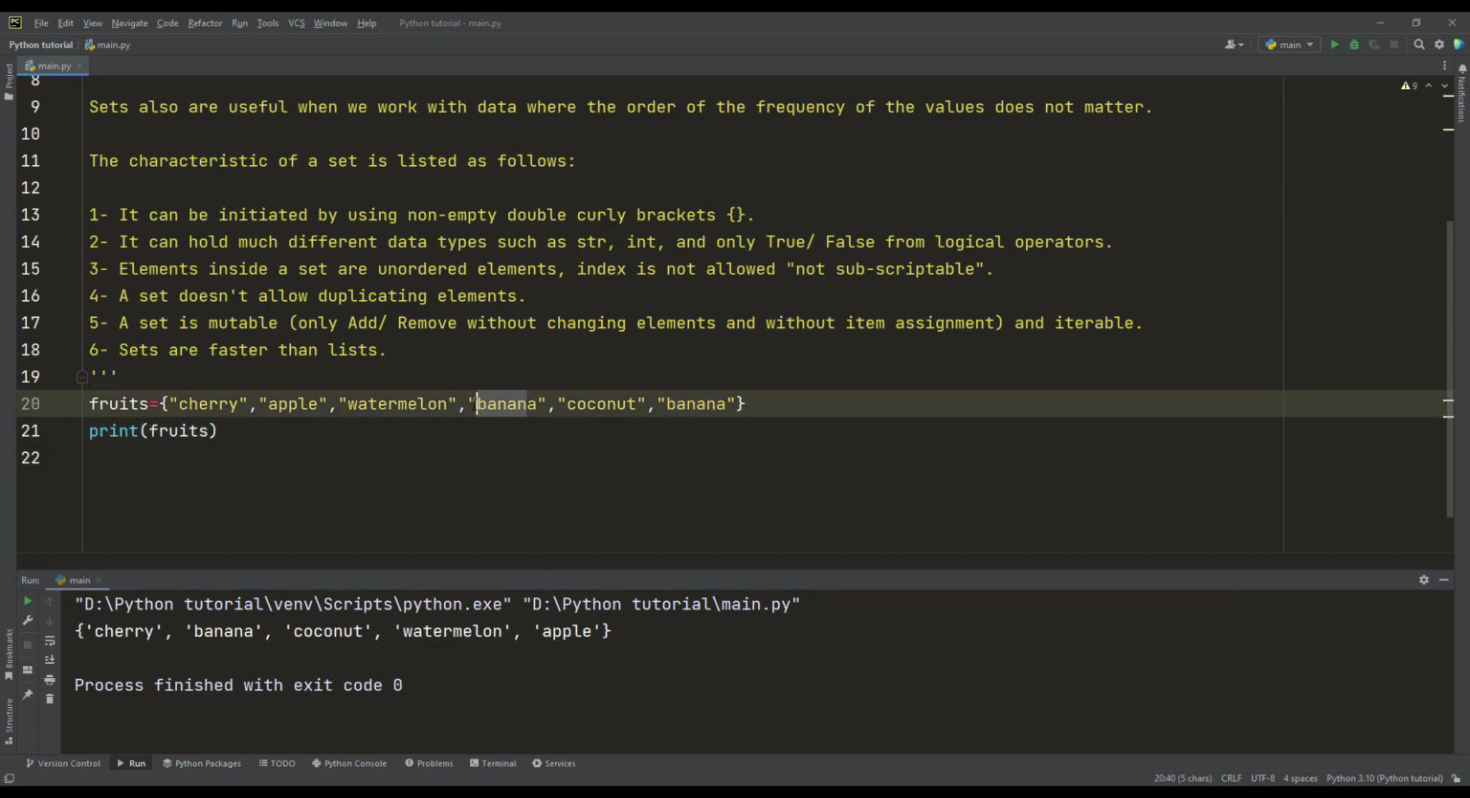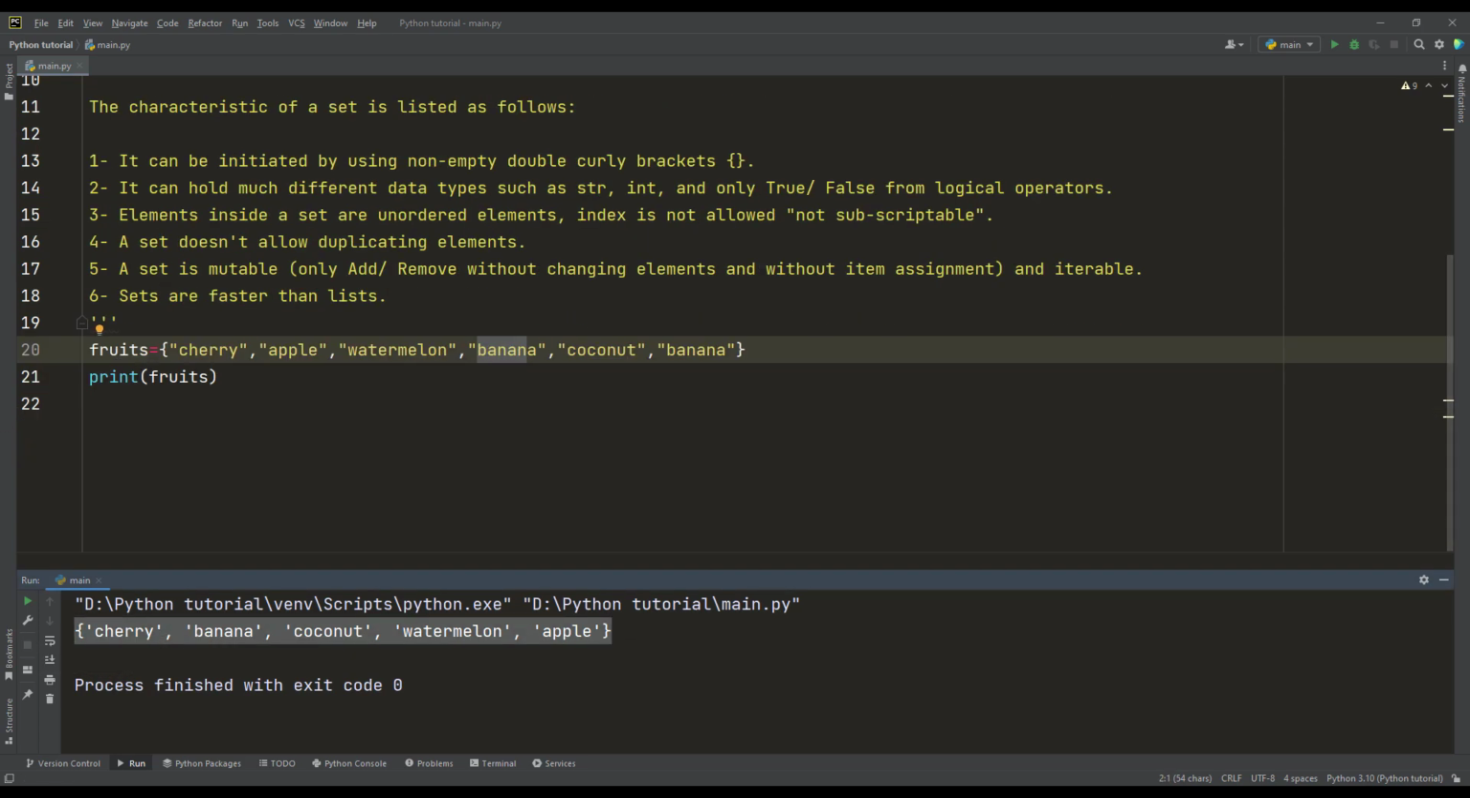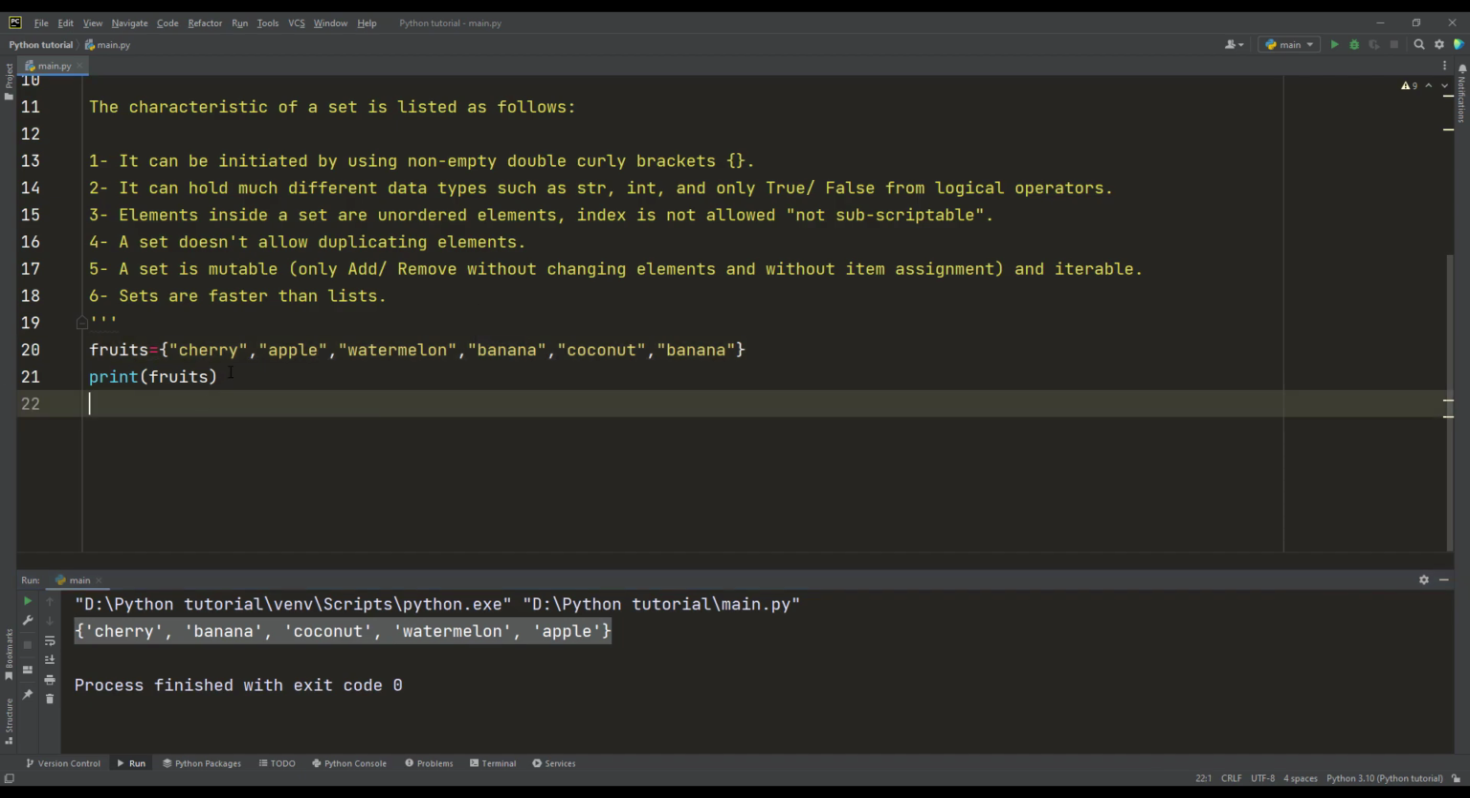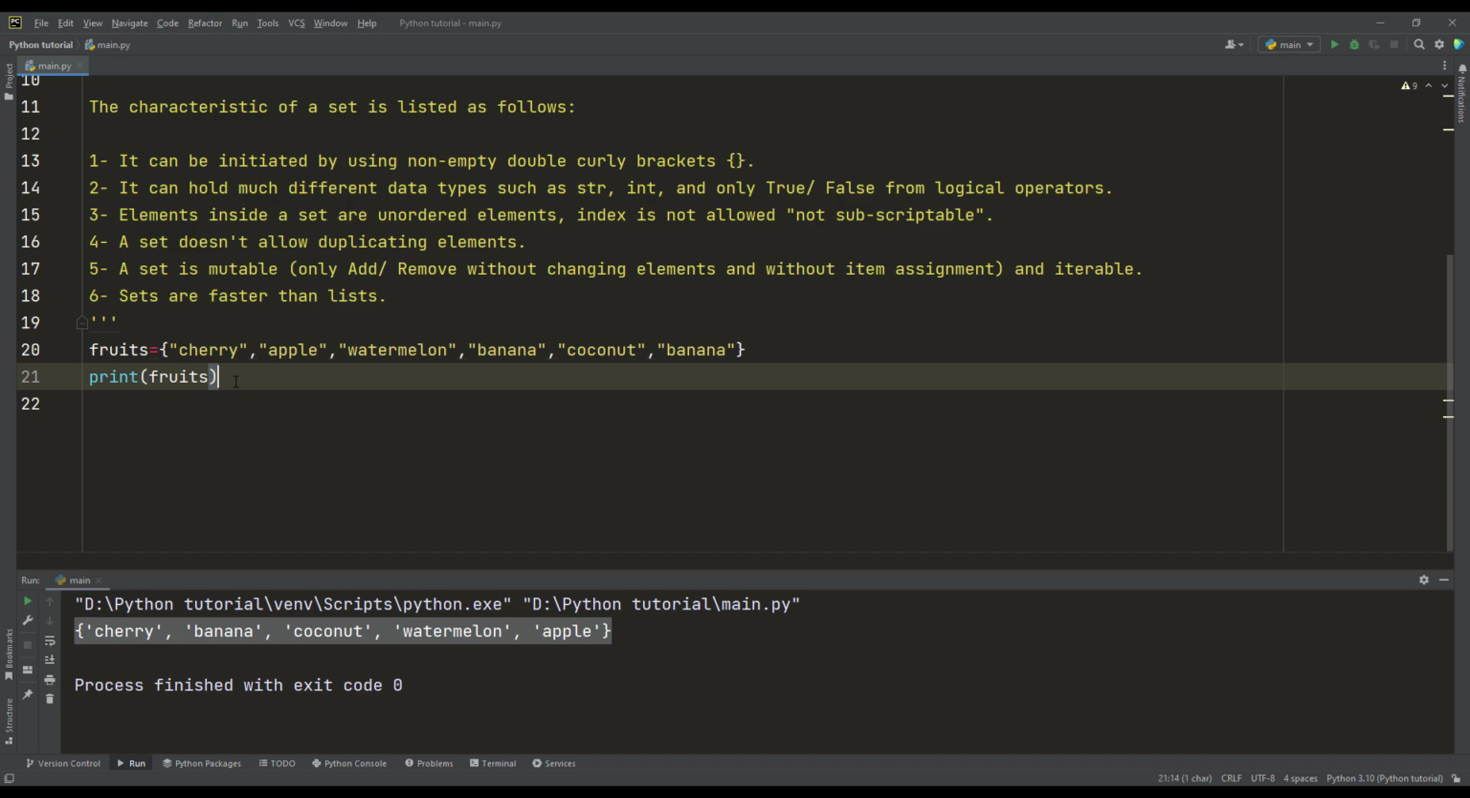As I said, a set doesn't allow duplication. You can add as many bananas as you want, but inside the set Python sees the unique values, which is like this. As an initial operation we can do with a set,